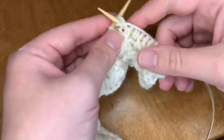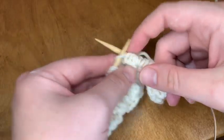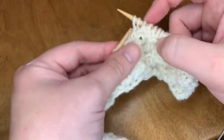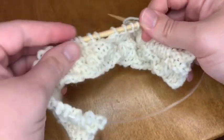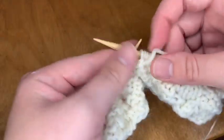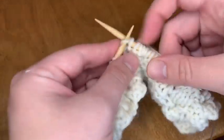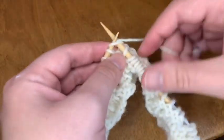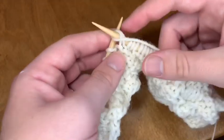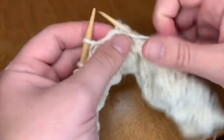1, 2, 3, knit the next 3. 1, 2, 3, purl the next 3. 1, 2, 3, knit. 1, 2, 3, purl. 1, 2, 3,